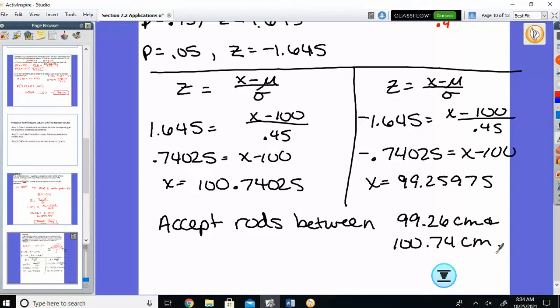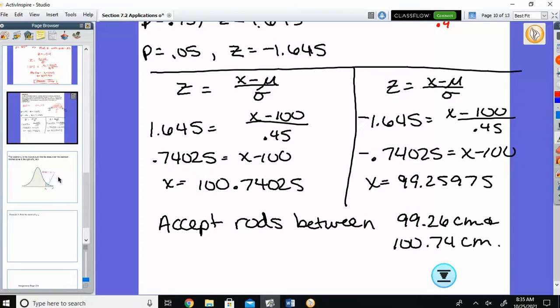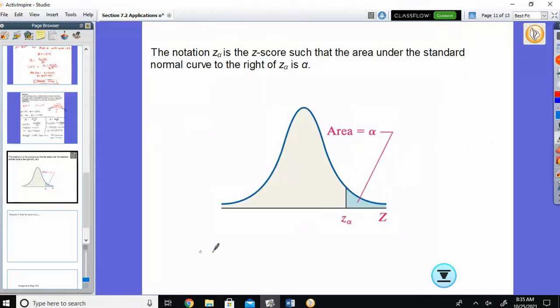Last thing I need to show you. I need you to make sure you write this down. This is a notation thing, but it always throws people because it's the opposite of what you want to say. So everybody needs to write this down. Z alpha is the z-score such that the area under the standard normal curve to the right of z alpha is alpha. So what you need to write down, when you see a z sub alpha,